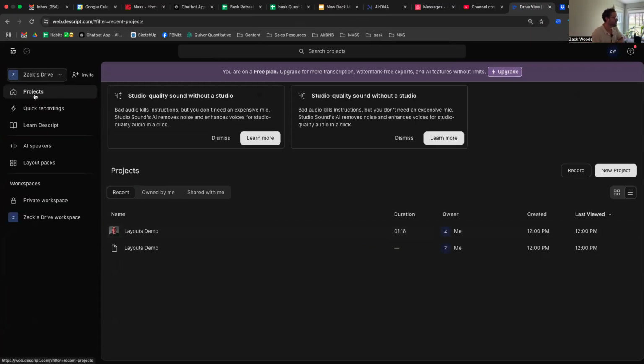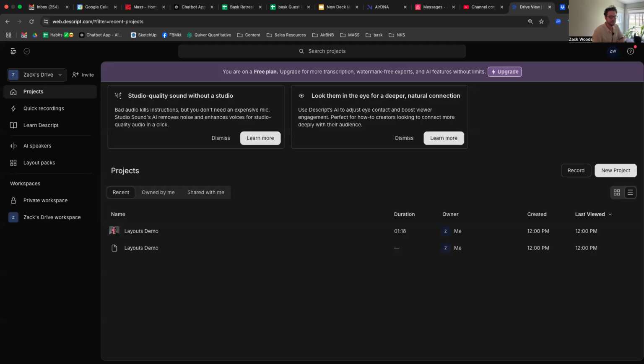First things first, we're going to go into projects. So studio sound quality, let's dismiss that. Oh, you see, man, I always mess this up. Whenever I go to share, I have to make sure to click share sound. I'm going to share the studio sound quality because otherwise I'm editing and you guys can't hear what the hell I'm doing. So I'm going to share desktop 2 again, bada boom. And now you can see my screen, which is fantastic.